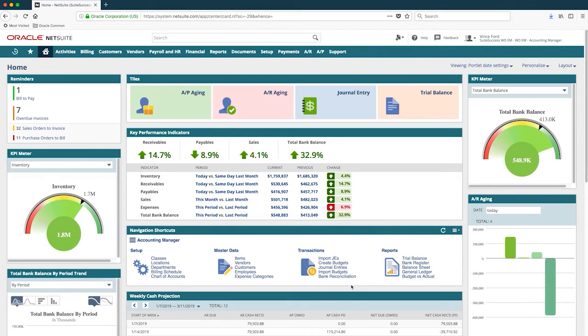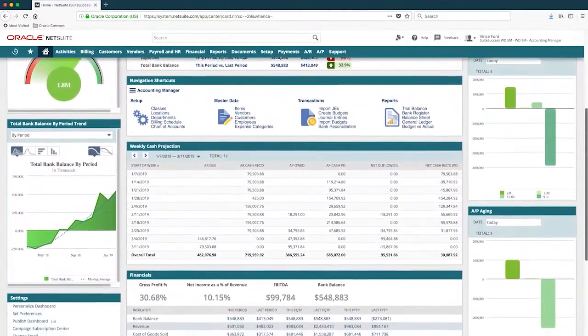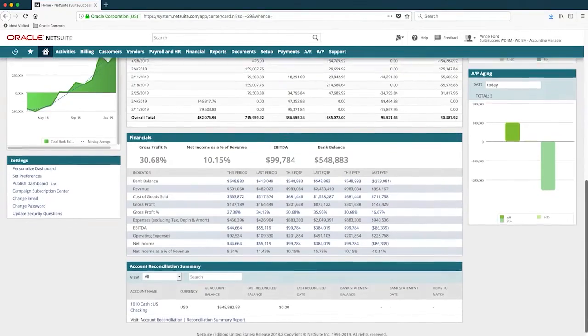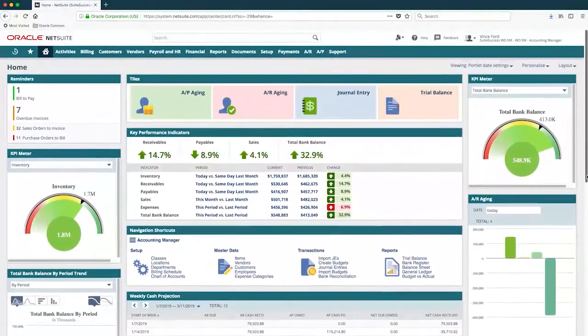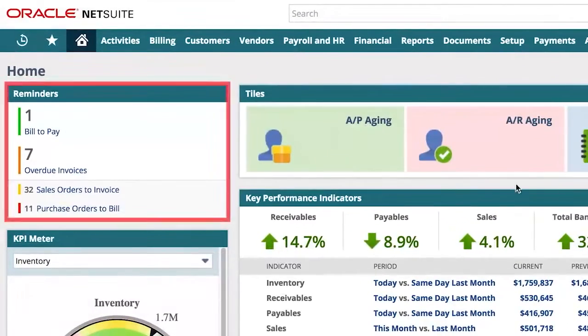I'm now logged into NetSuite as an accounting manager. Notice my role-based dashboard. Everything you see here is provided out of the box with SuiteSuccess on day one. The dashboard becomes my main productivity tool as all daily activities are initiated here. As an accountant, let's say it's the last Friday of the month. Logging back into NetSuite, I can see right away there are a few things I need to get done before